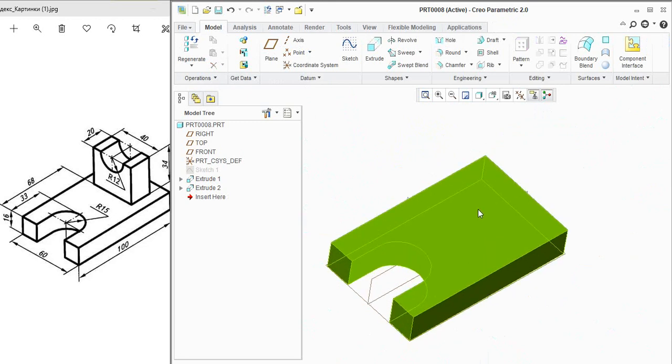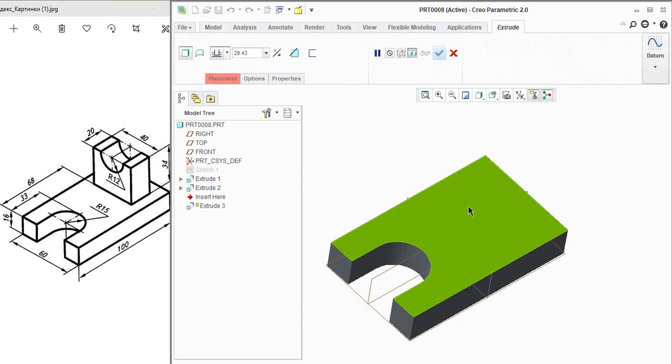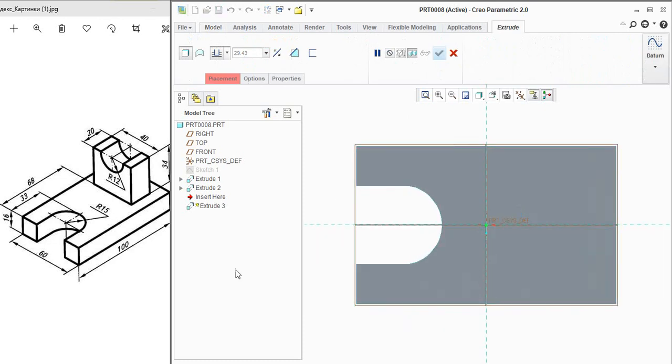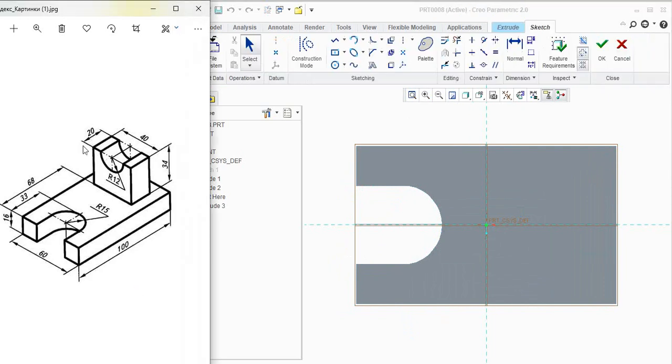Then we are going to make our second feature. Again we select the extrude option and select the topmost face of the first feature. Again, same thing, here a rectangle has been extruded, 20 by 40 mm.